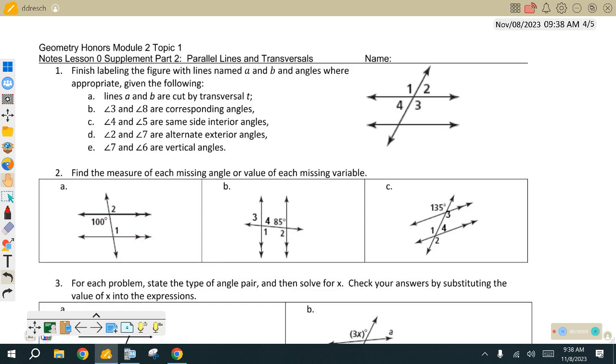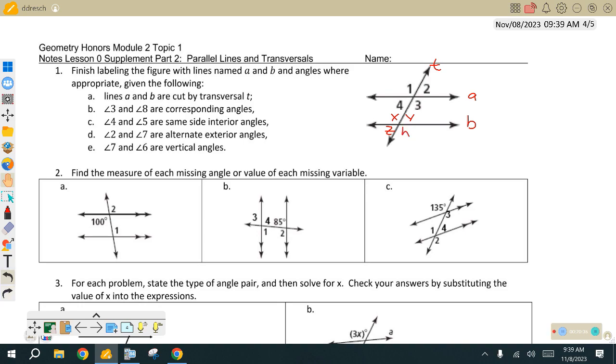We'll label that out. Lines A, B cut by transversal T. Do I care which one A and B is? No. But T, yes. T's got to be the transversal, so that does matter. The A and B does not. All right, let's do this. 3. Now, don't write this down yet. I'm going to call this X, Y, Z, and T. That's a bad word to use, T, because I use T. So let's call that